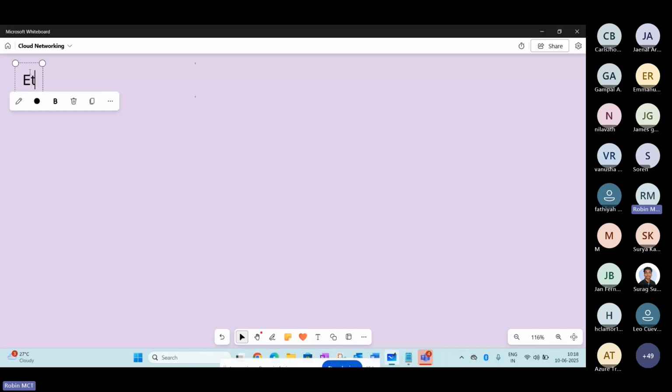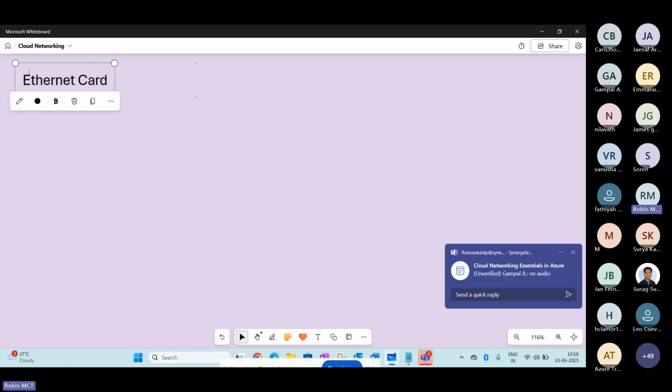Now, when you start using networking in your on-premises solutions, you may see many components involved here. You may remember a component like an Ethernet card. That may be one component you use in your on-premises scenario. You may see it available in your laptop or on the motherboard of your server, a device that helps you connect to the network.